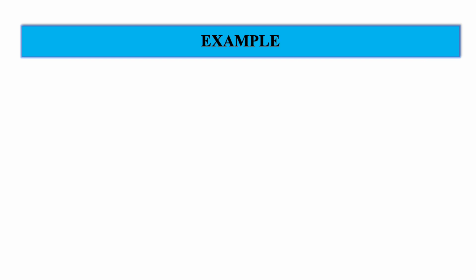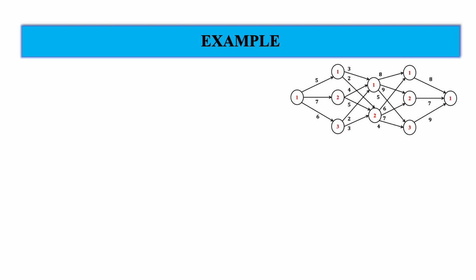So let's find out the minimum distance from this node to this node. First we will take stage 4. Again we find out the backward recursion. Up to here the stage is 3, this is stage 4, this is stage 2, this is stage 1, and this is stage 0. So first we will find out f4 x4 equals 1. fj xj is the minimum distance from node i to node x4 equals 1. So for node x4 equals 1 to itself, the minimum distance is 0.